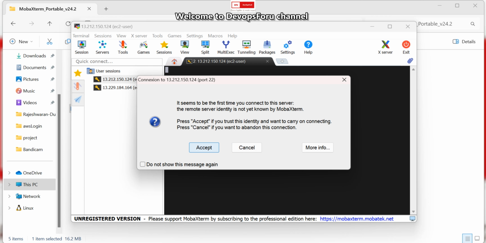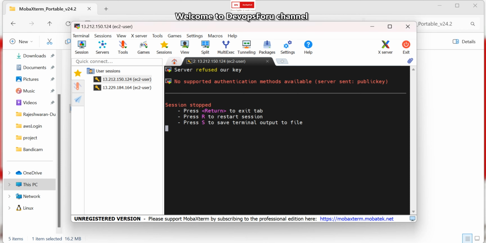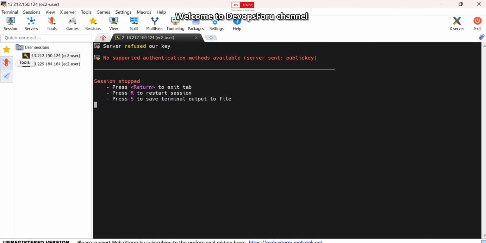If I click OK, you see this is the private key. Using this private key, and there is a public key in the EC2 instance, it will authenticate using that public key, and then we can connect to this instance. Yeah,